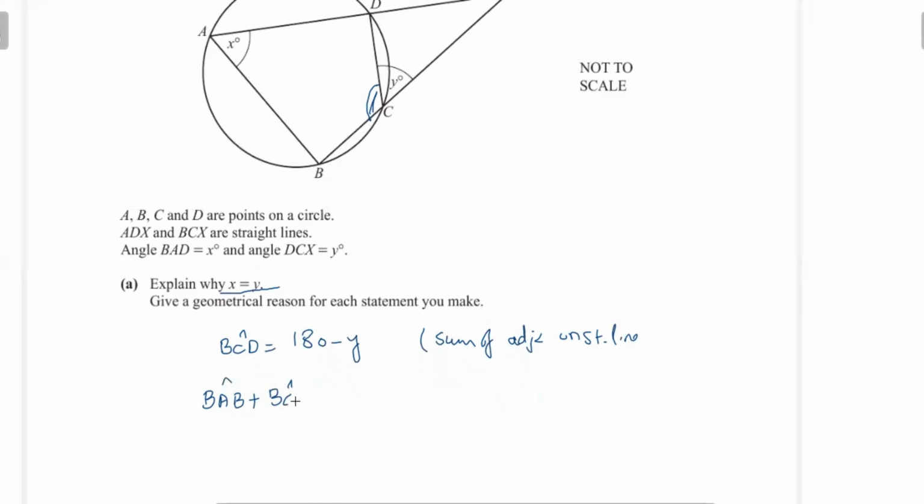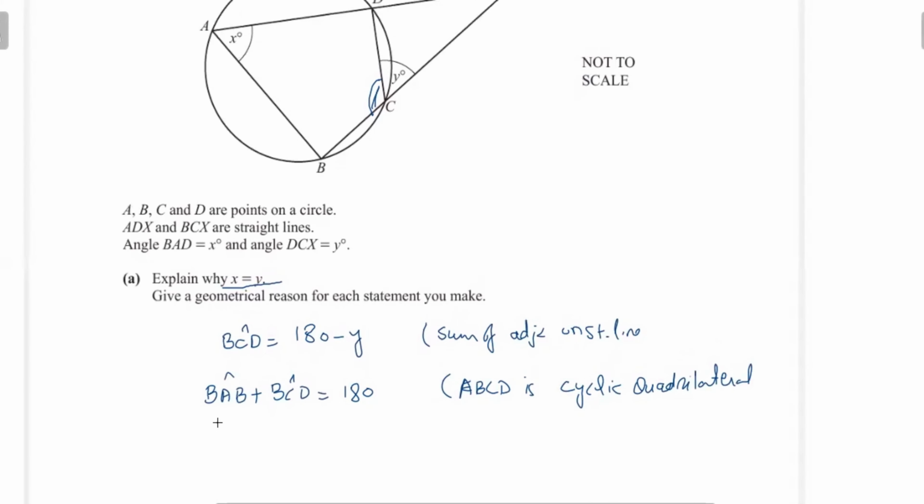These are the opposite angles of the cyclic quadrilateral. The sum of these angles is equal to 180. We write here ABCD is a cyclic quadrilateral. Therefore, we write BAD is x degrees, and this angle is equal to 180 minus y equal